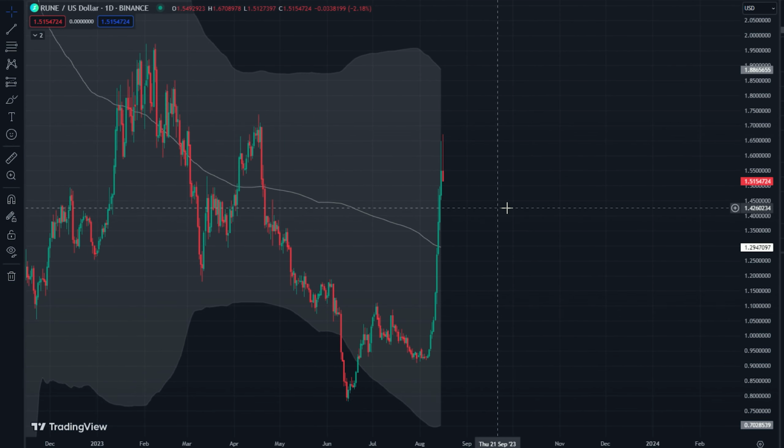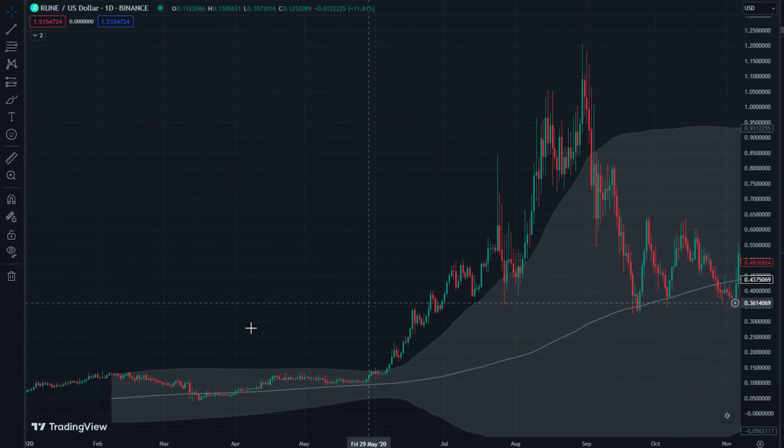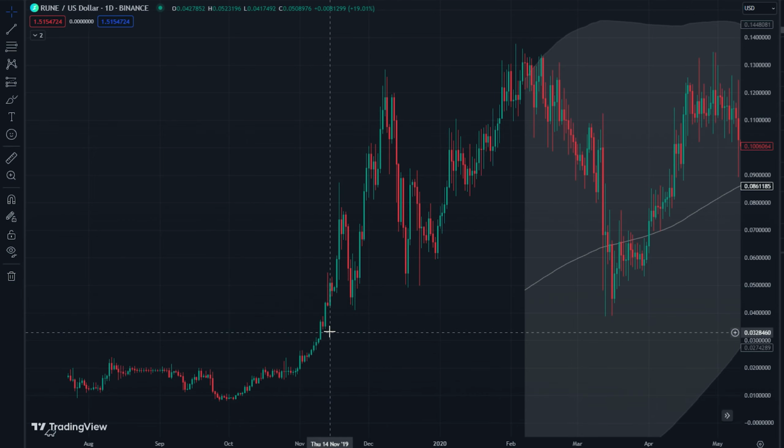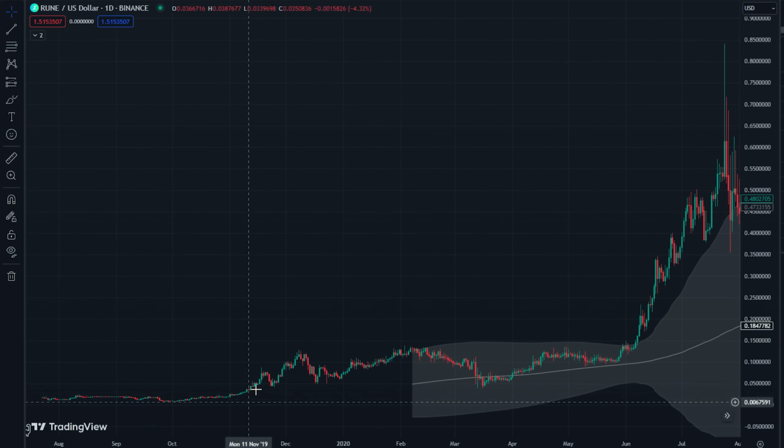I think we stay above this moving line, personally. The other thing that happens is it just turns into one of these, where we break above and we go down below. If we go back to our very first move from RUNE that we were looking at, this happened in November, December, sort of the end of the year. And once we went up to these levels, we didn't really go back below them. We spent time at them, but we would